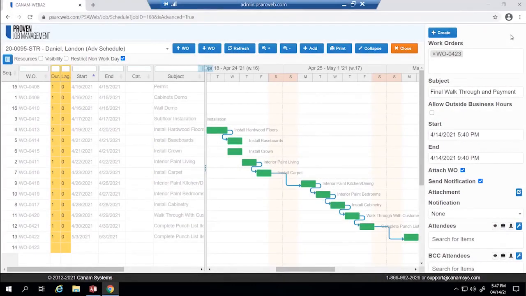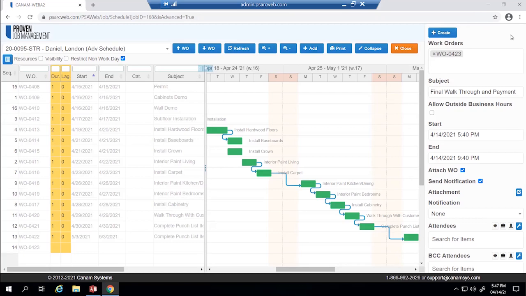You can now define the expected start and end time of this scheduled work order. The time range entered in this area is reflective of the amount of time you anticipate for the scheduled work order or milestone to be completed. To help cut down on data entry for timeframes,